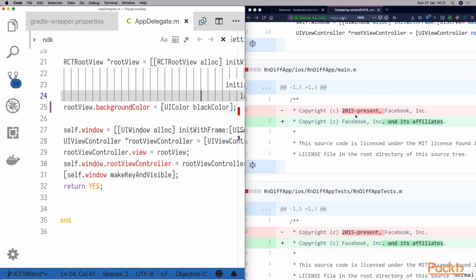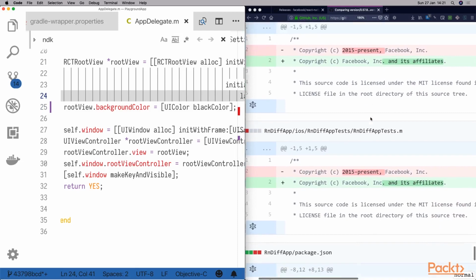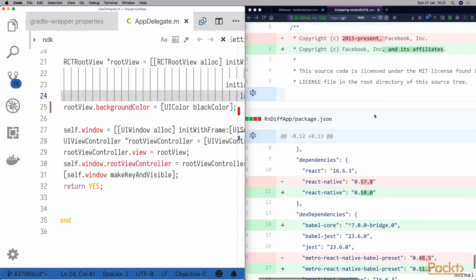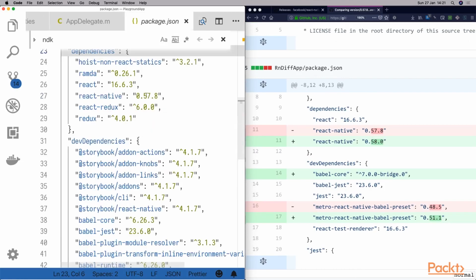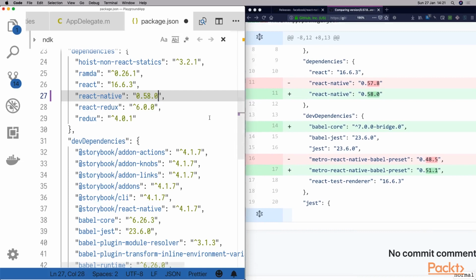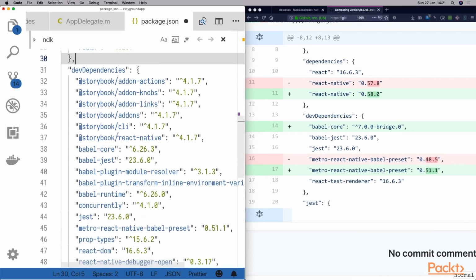We see main.m, again the copyright changes, the test copyright changes, and then the last one is the package.json. Let's go to our package.json, and we will change our version from 57.8 to 58.0. Next we see that there is Babel Core 7, so let's go and do that. We see that we already have Babel Core here, so we just need to change the versions to make sure that they are compatible. So we will go to 7.0.0,